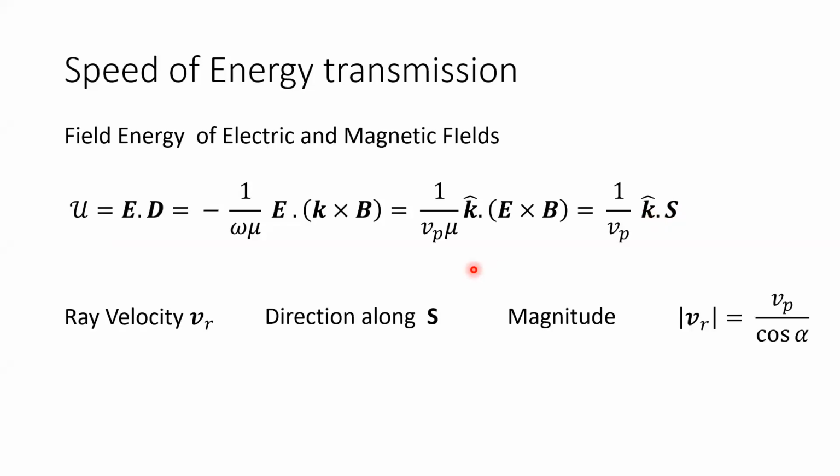Now what we do is define a quantity which we call ray velocity, which is different from phase velocity. Okay. What is ray velocity? We say this is something which is in the same direction as S, and its magnitude is Vp by cosine